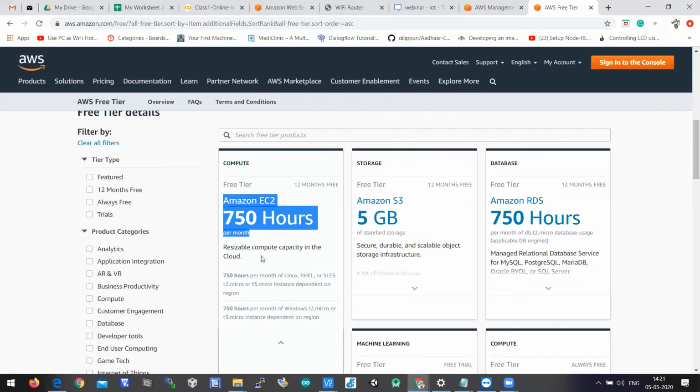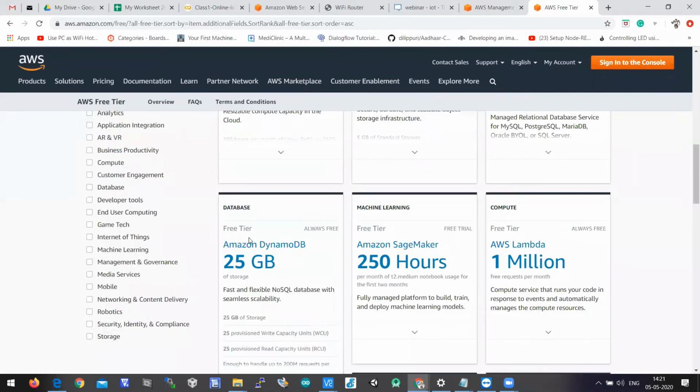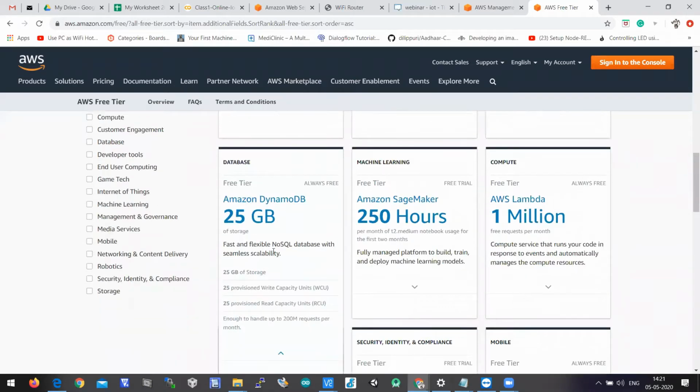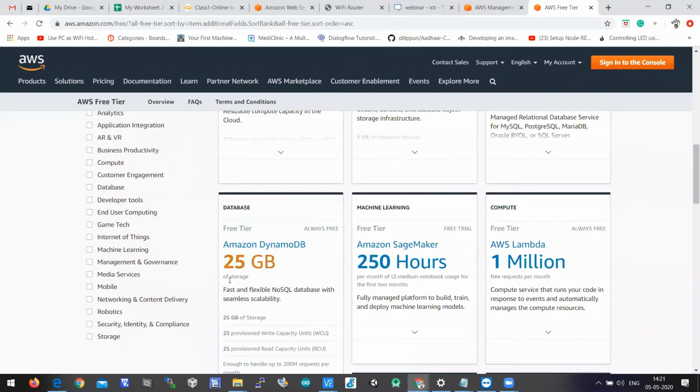Okay. And also today we'll be using some database also. So 25 GB of database is free in this 1 year free tier. 25 GB is very huge when you talk about sensor data, because sensor data will always be in terms of bytes. When you look at the floating point value of the sensor data, it takes only 4 bytes of data.